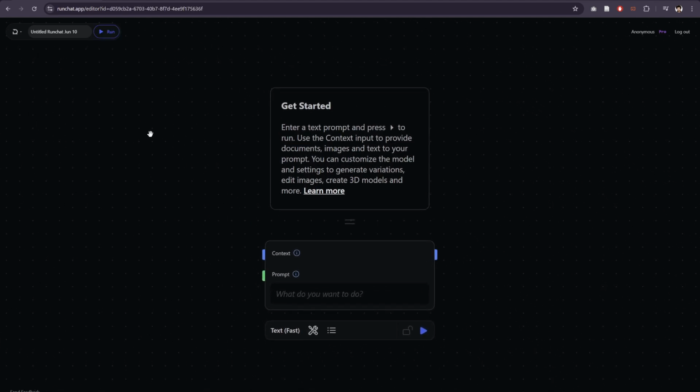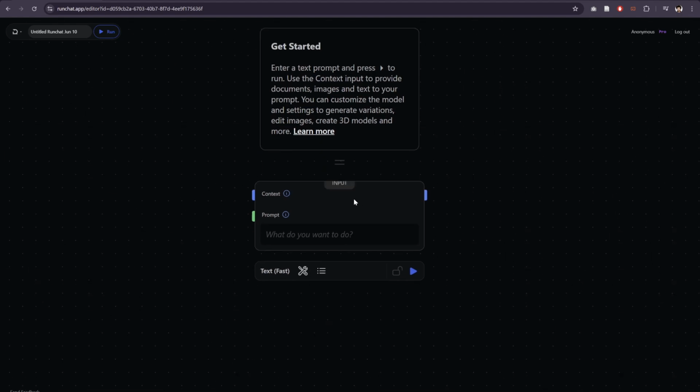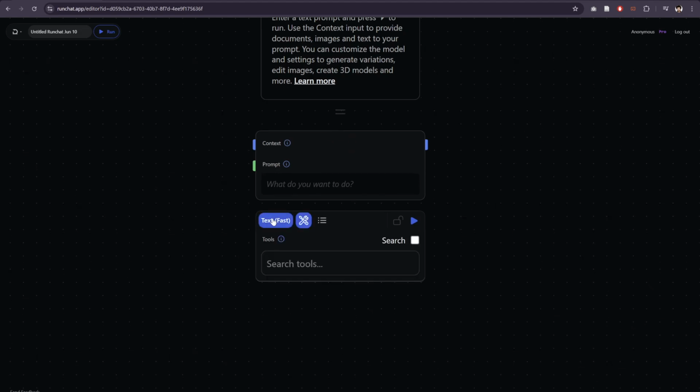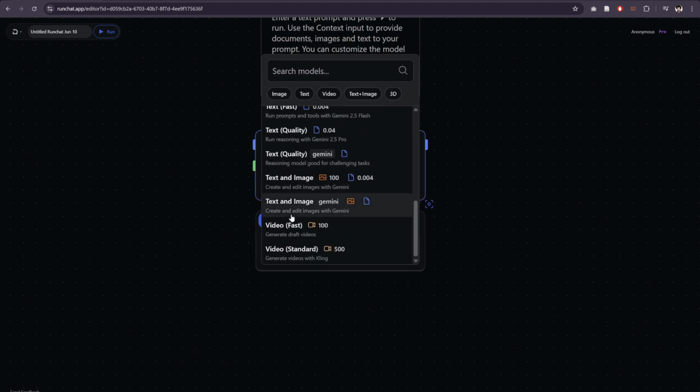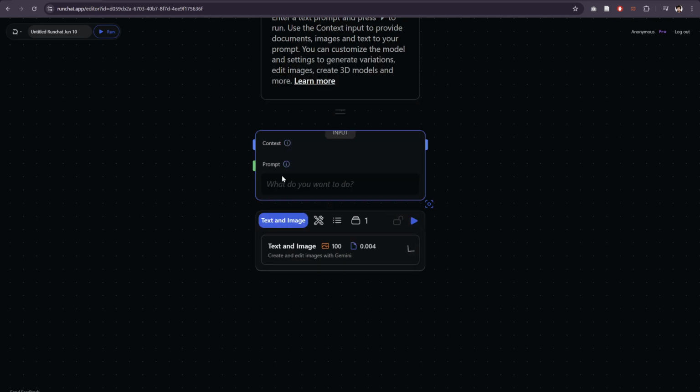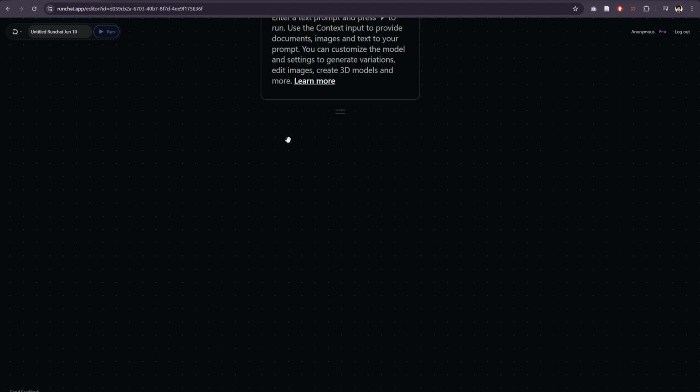When you click New Runchat, you get started with a note node that gives you some helpful tips and has a link to our docs, which you should check out if you haven't read through those, as well as creating an AI node on the canvas. The AI node for new users will default to text and image, which can create both text and images, which is pretty useful. We're going to go ahead and delete that node for now, and we're going to start by